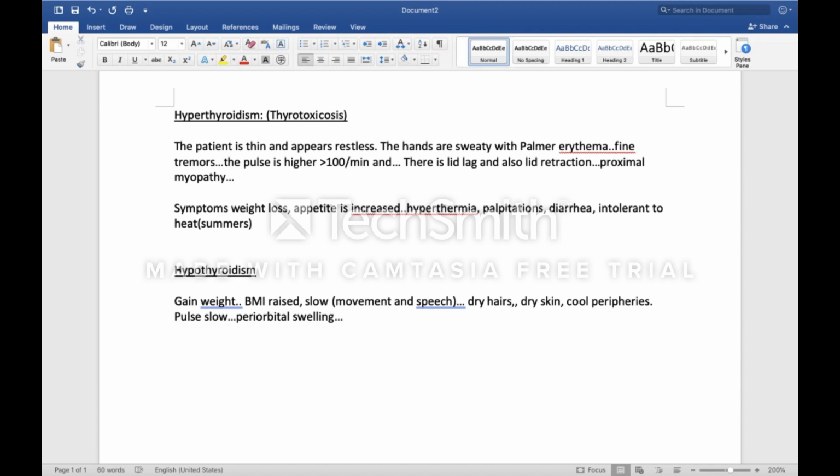Or in this case we call this condition myxedema. Myxedema. Okay, so they have periorbital edema,